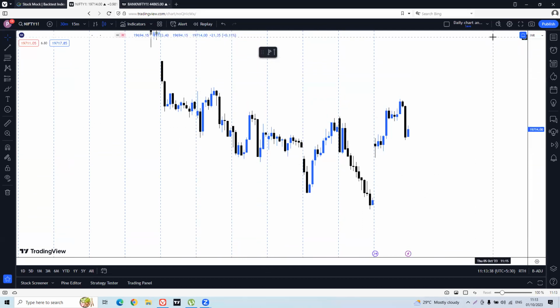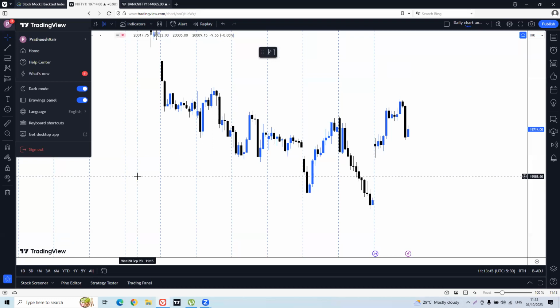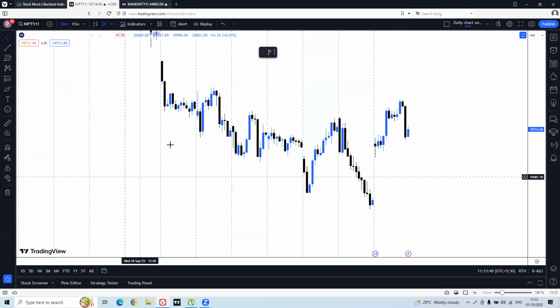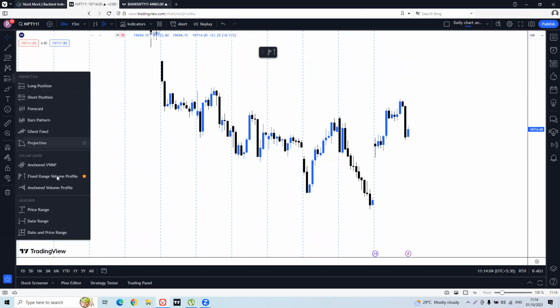You just have to log in with your email, Gmail or something similar. This is the basic free version I'm using, and in this free version, I want to analyze charts from the market profile perspective, or from a volume profile point of view. So we have a tool called fixed range volume profile. This is the tool that you are going to use to draw the profiles on any time